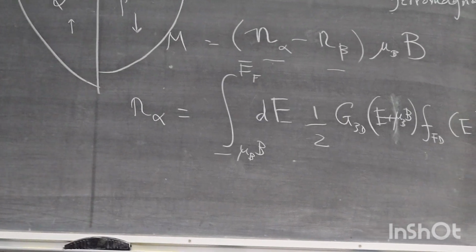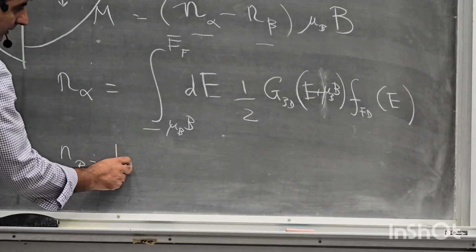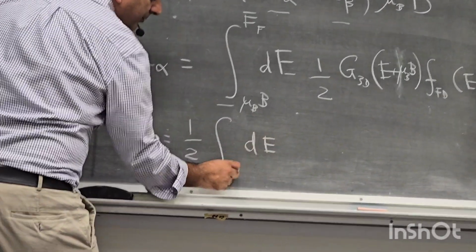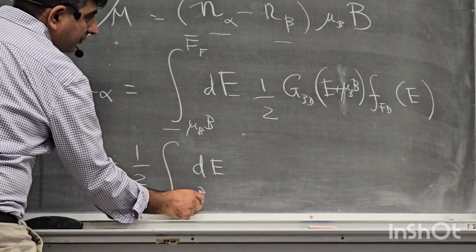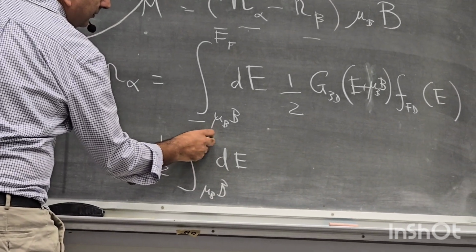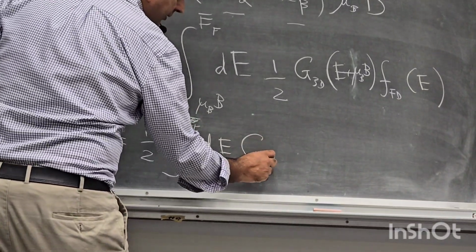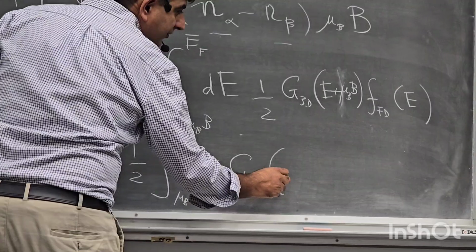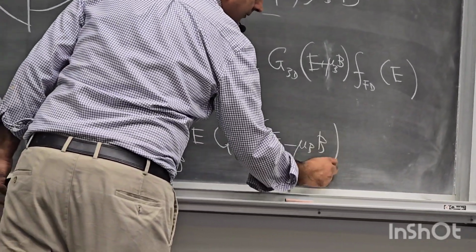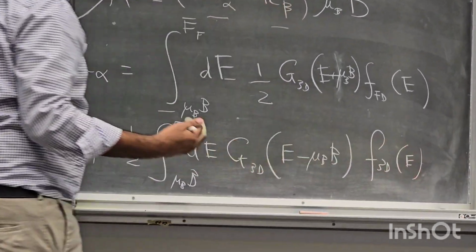Correct? And n beta likewise is going to be given by 1/2 integral dE from U d P to infinity, or EF, the Fermi function, half G, the density of states at E minus U d P. Right, so this is how you calculate the number of